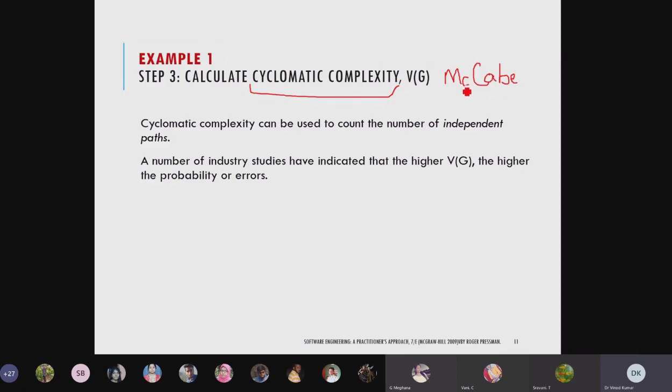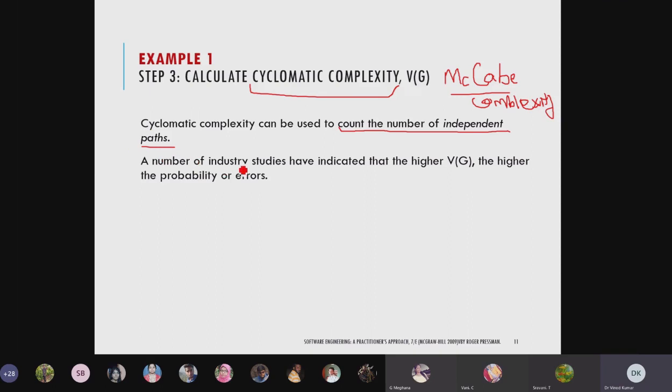So McCabe complexity is also a name used for this purpose. Cyclomatic complexity can be used to count the number of independent paths. We can count the number of independent paths with the help of cyclomatic complexity.